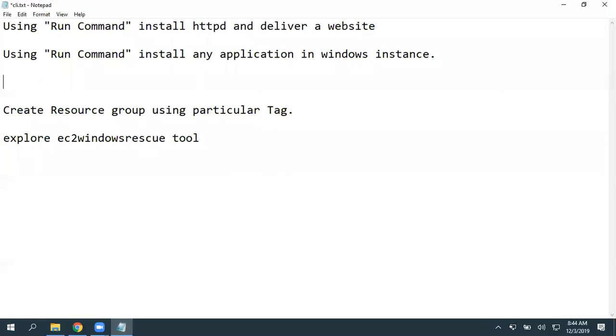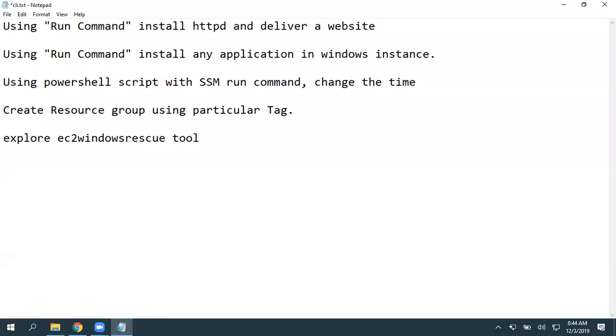And using a PowerShell script with SSM Run Command, change the time zone of the Windows instance. You know the commands, right?